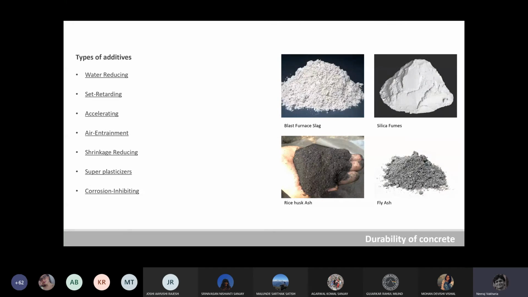Again, it can make a lot of difference where you don't get a proper amount of water, then these kind of water reducing additives can be used. Then set retarding additives slow the setting time of concrete and are used to counteract the accelerating effect of hot weather on concrete setting time. Same thing as I said, if the water and cement are already mixed, aggregates are already mixed, but the pouring time is yet to come, to postpone the hardening, we use this.